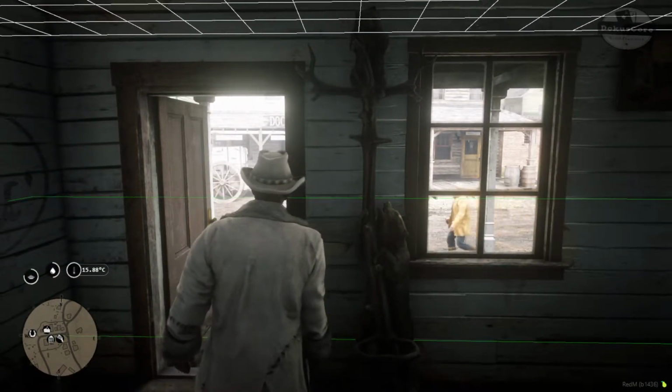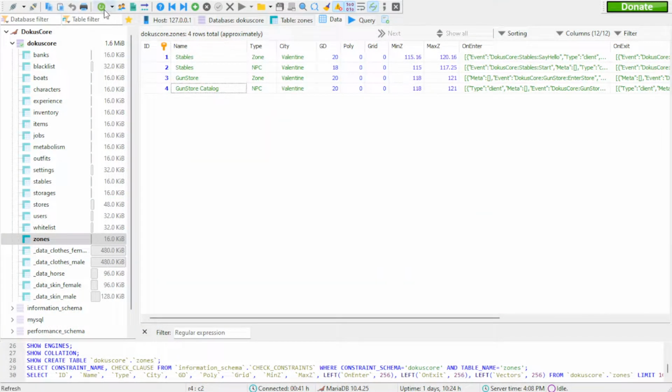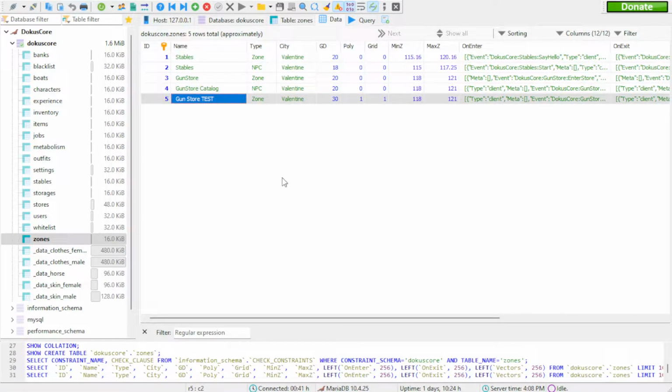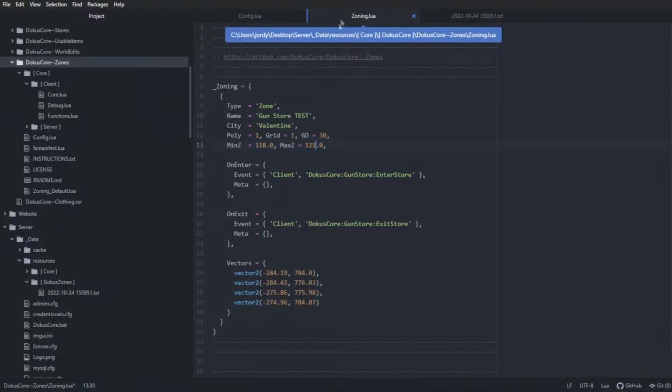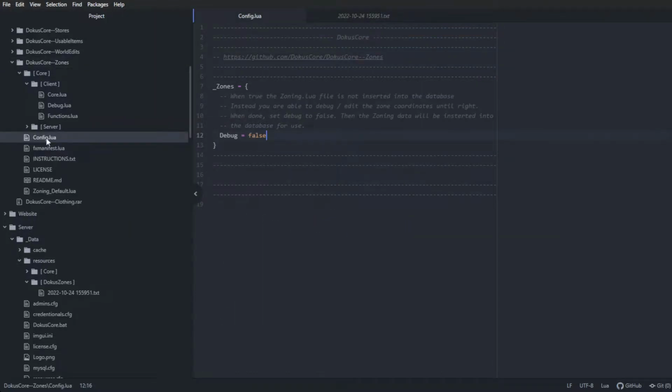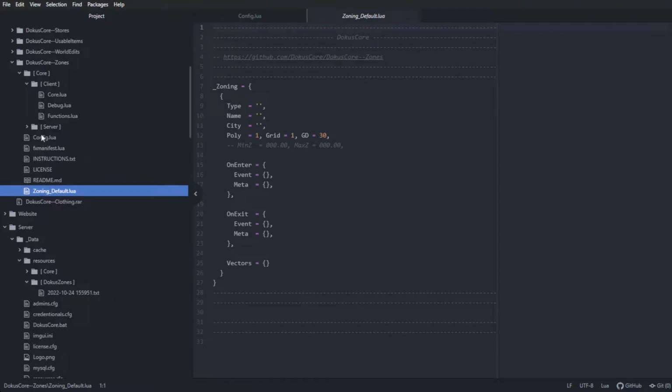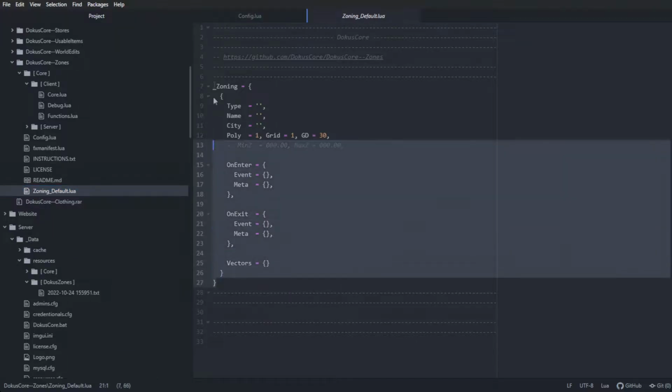So if we go to the database and we refresh, there is now here the gun store test. And if I go look in the editor, the zoning plugin Lua file is now again saying it's not saved. So I'm just going to say don't save, because it's removed. It's removed because it's inserted into the database. The file gets automatically deleted, and of course you can then duplicate the default file again if you want to